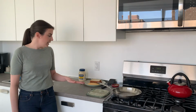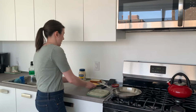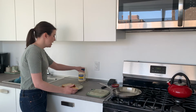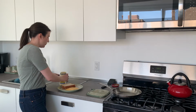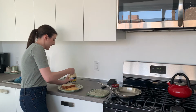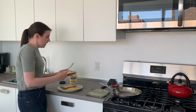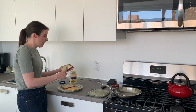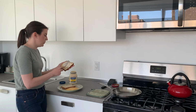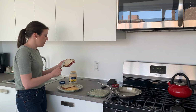So that's going to heat up because we're just going to do a couple of steps before we put something in the pan. So let's grab our bread and our cheese and our mayo. Mayo is made out of eggs and oil. So that's why this works on the outside. I'm just going to put a very thin layer. I don't want it to taste like mayo. I just want to use this for its oil factor and its